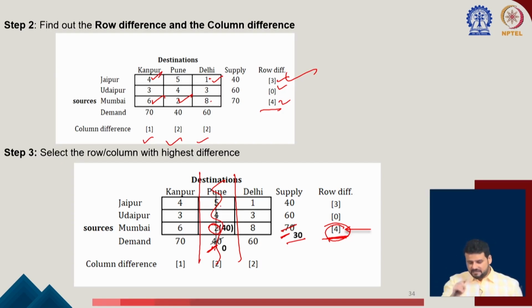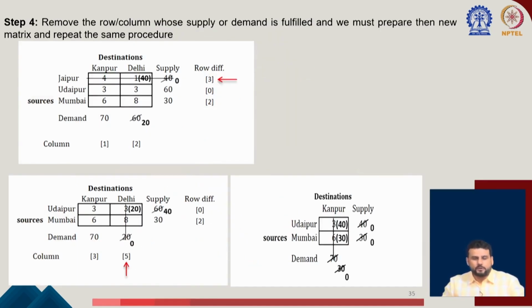So that means your row difference or column difference may change. After doing that, the second step, now we are left with a 3 by 2 matrix, right? 2 by 3 matrix. Now again we will find out the row difference, column difference, and again the maximum value is here. We will find out the minimum cost value is 1, and we will try to allocate the maximum, which is 40 we can allocate, and now this Jaipur facility is also gone, and we are left with Delhi 20